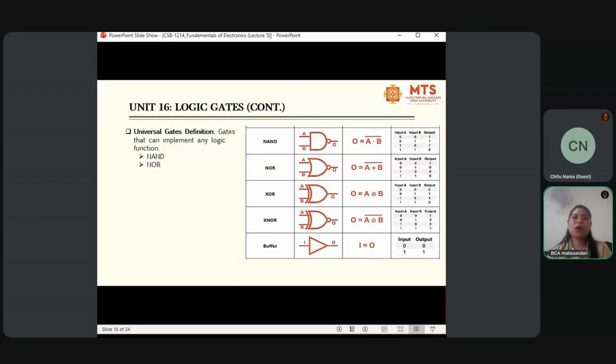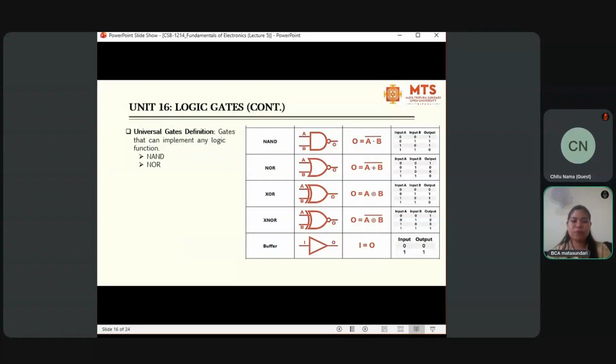0, 0 will be 1. Earlier in AND gate, what happened? It was 0, 0, 0. Here is opposite. NAND is opposite, the complement of AND. Now NOR is complement of OR. So these are similar. XOR, you see, what is this? Plus and circle, no? Then 0, 0, output 0, 0, 1, 1, 1, 0, 1 and 1, 1, 0.